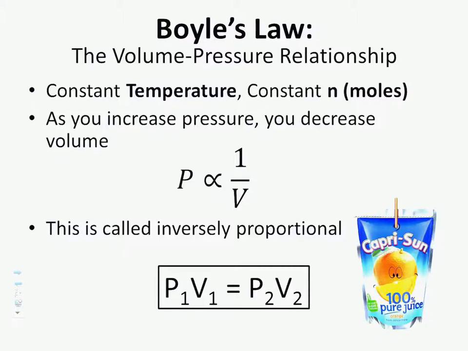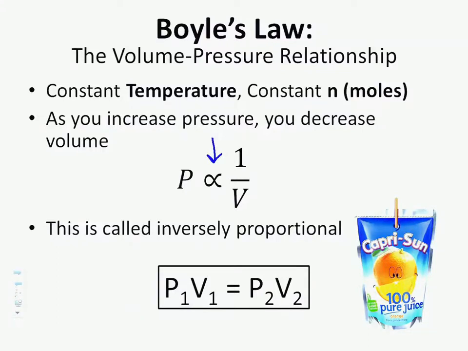Temperature is going to be a capital T. Pressure is a capital P, and volume is a capital V. So if you hold the temperature constant and you hold the number of moles constant, if you increase pressure, you're going to decrease volume. This symbol that you see here,